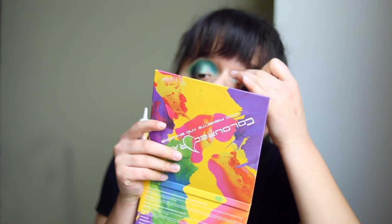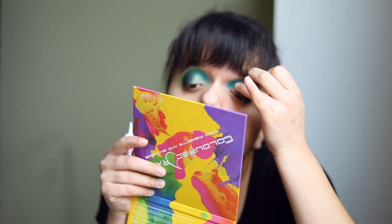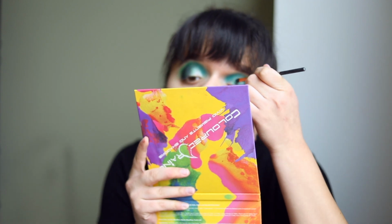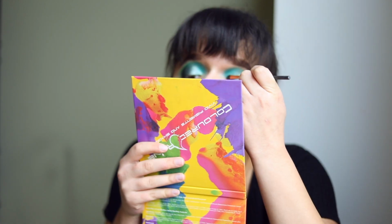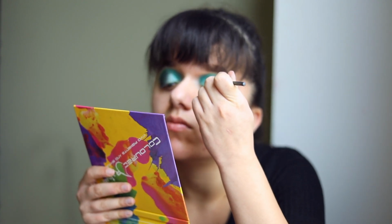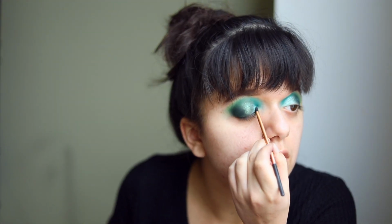Then I'm going to be taking a little bit more glitter glue, and I'm going to be applying this into the inner portion of my eyelid, not necessarily my inner corner, just the remaining part of my eyelid that I have not covered with eyeshadow. And then I'm going to take a flat brush and dip into this color called Jade, which actually happens to be one of my favorite colors in the entire palette. I have used this color almost every single time I've opened this palette, simply because it really functions as this beautiful frosty green. This is actually one of my very favorite shades in the entire palette, just because of how